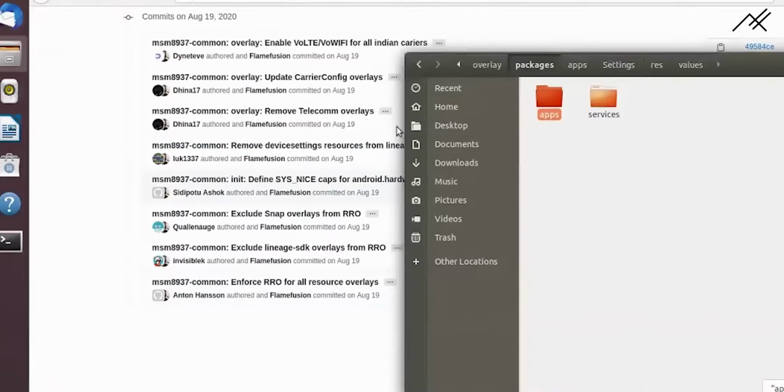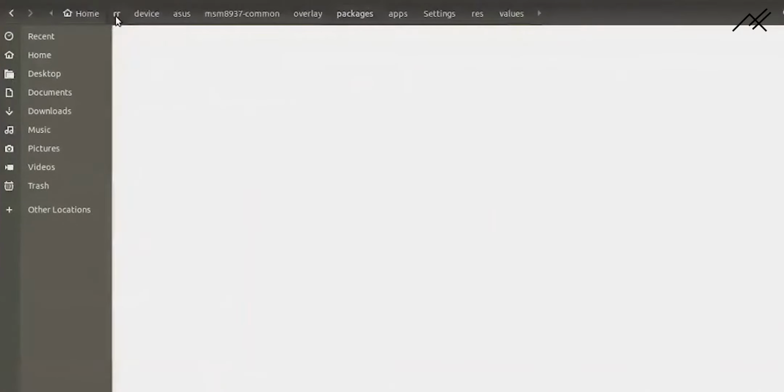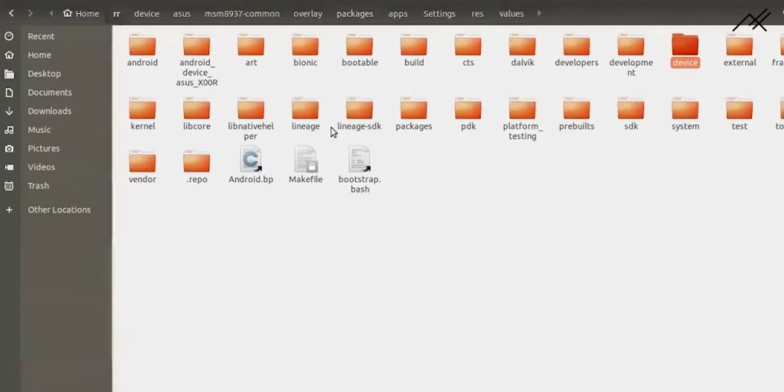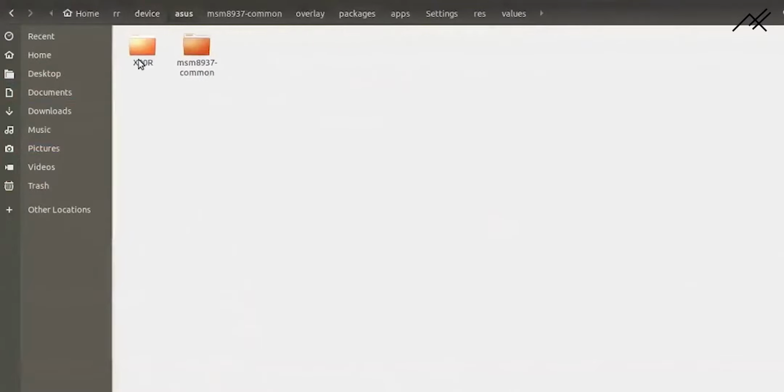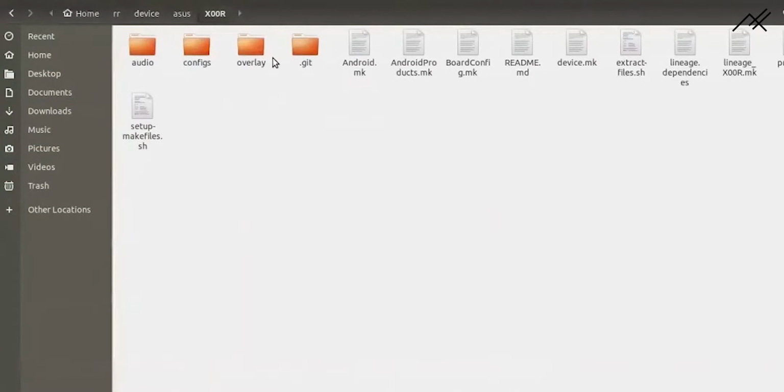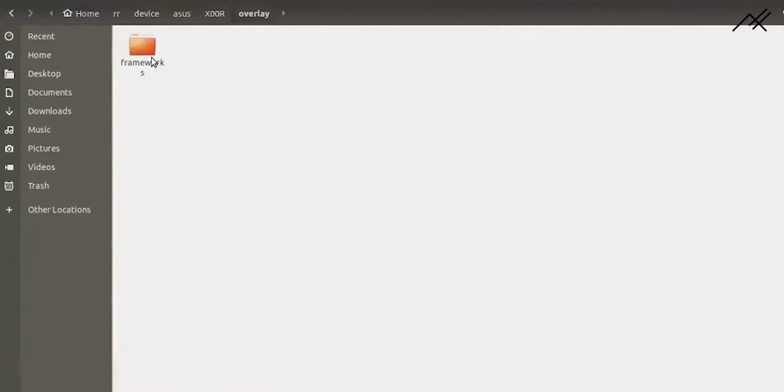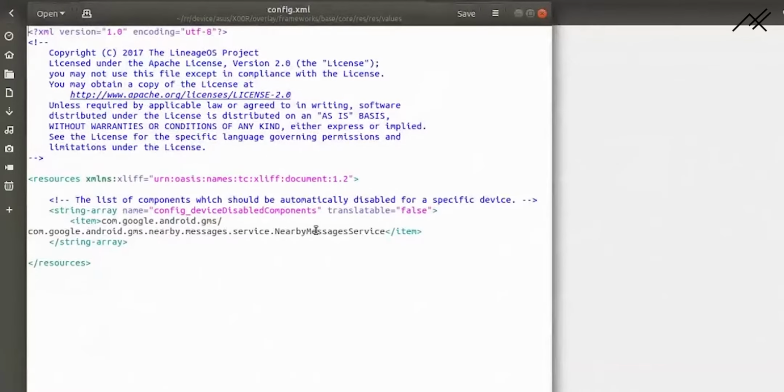So how you can do it is, first go to device tree, and in your device tree you have overlay, framework, base, core, res, this one, config.